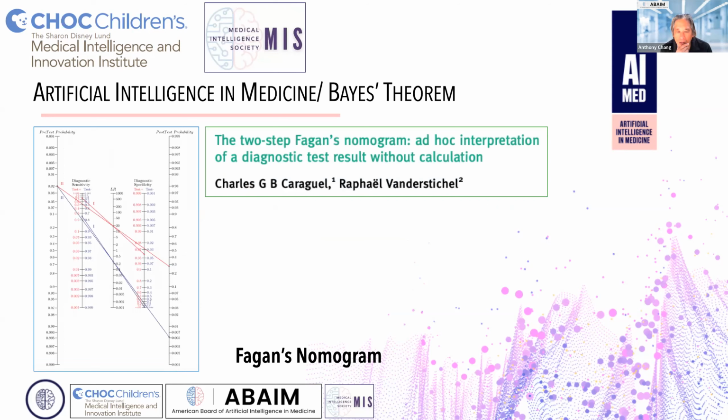And this other reference that I found this week when I was researching for this talk is really good also. It reveals that the Fagan's nomogram is actually a two-step process, because you have to think about the pre-test probability and post-test probability that is commonly known by the Fagan's nomogram. But built into it is the likelihood ratio, which takes into account the diagnostic sensitivity and specificity, because that changes, as we saw with COVID during the pandemic. So that impacts what your likelihood ratio is going to be for the screening test.